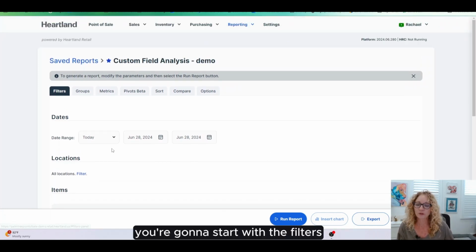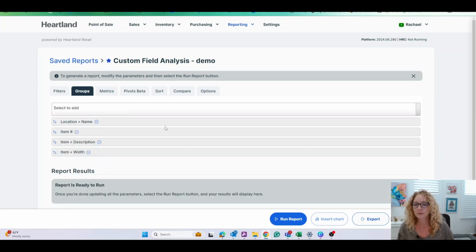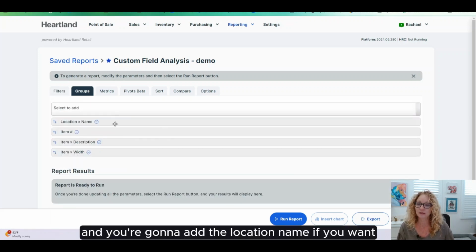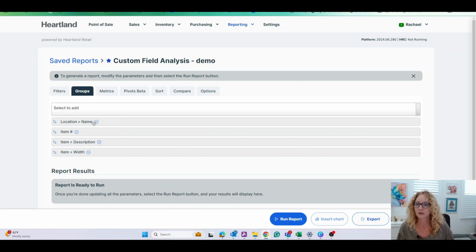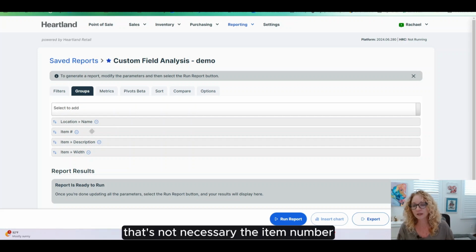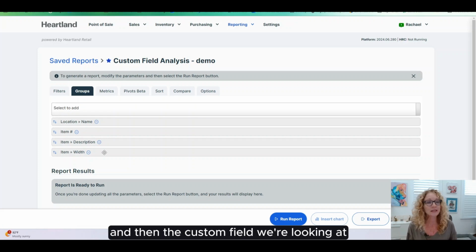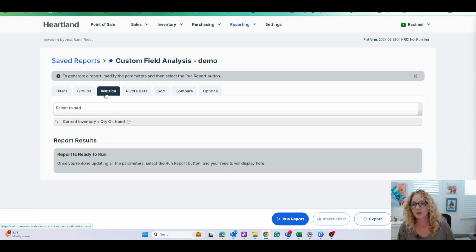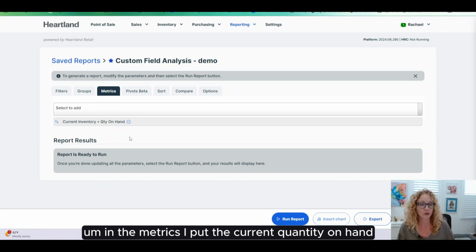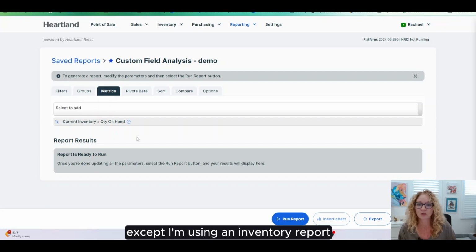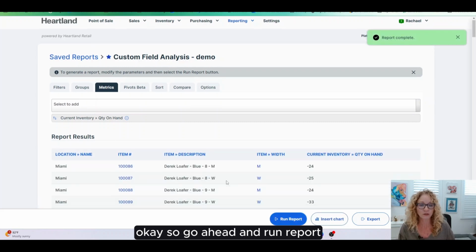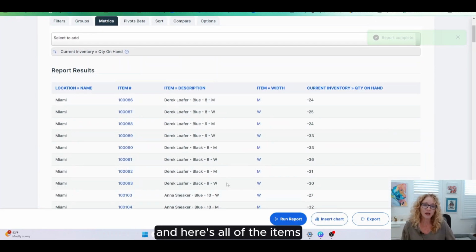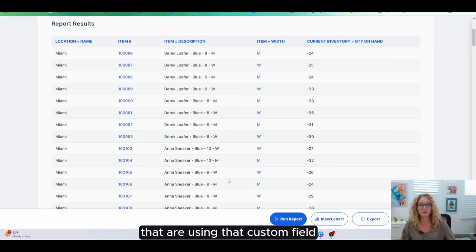You're going to start with the filters. You're going to choose today's date. Then you're going to go over to groups, and you're going to add the location name if you want. That's not necessary. The item number, the item description, and then the custom field we're looking at. In this case, it's width. In the metrics, I put the current quantity on hand. Essentially, I'm using an inventory report. So we'll go ahead and hit run report, and here's all of the items that are using that custom